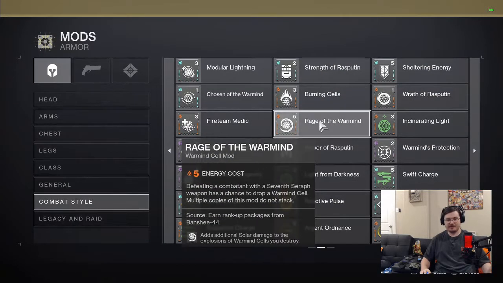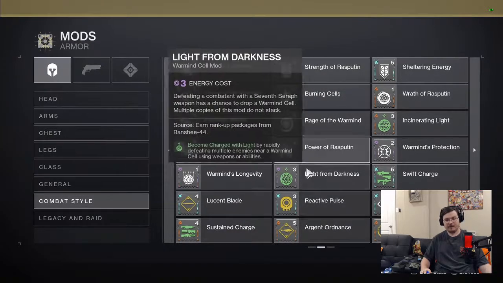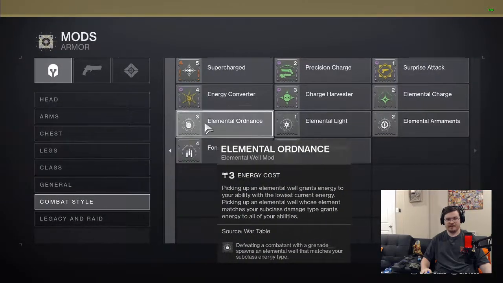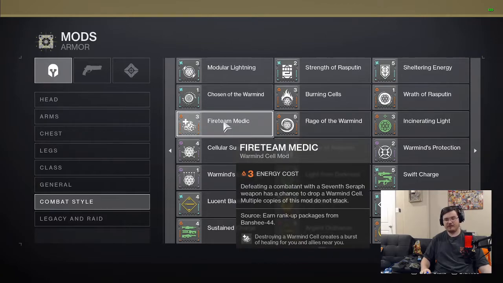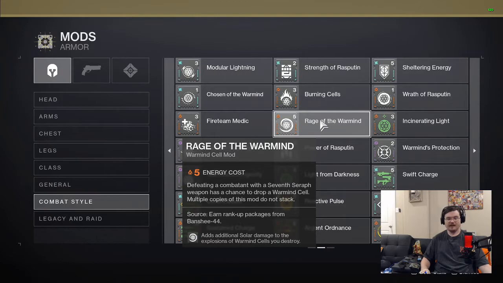Because these don't see that much use in Grandmasters, and if you do see them, they're not that effective. You're probably going to be doing Charge with Light, or maybe even now the Elemental Well mods in Grandmasters. It's just kind of disheartening to see them say that they're going to nerf them. I would rather they buff the Arc and the Void. Yes, nerf the Solar a little bit or something, but